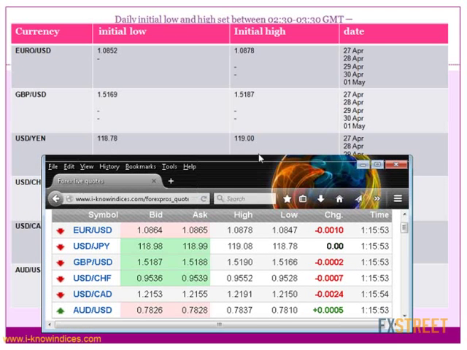And in the case of yen, 118.78 is the low and 119 was the initial high, but they went up to 119.08 and came down. So it is a brief upward stop and start sliding, and then they will try to breach it lower. So here you come up how they are showing the negative net change now in all.